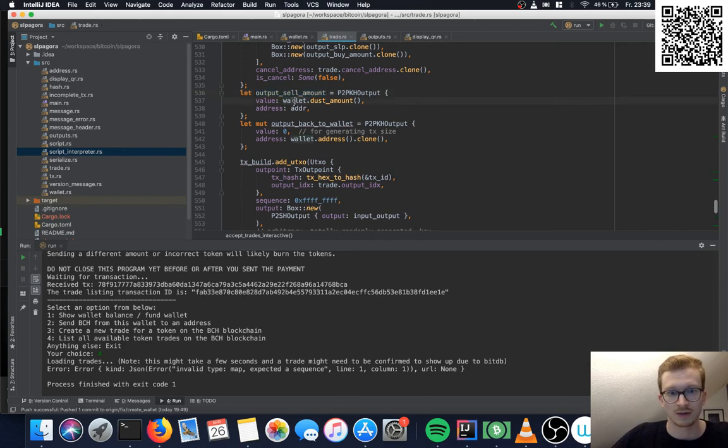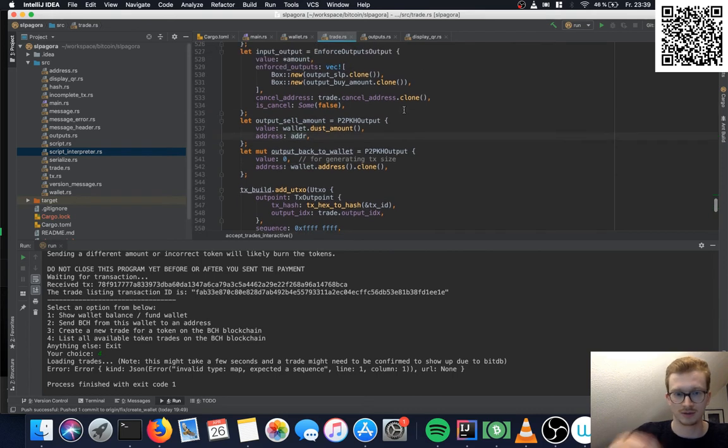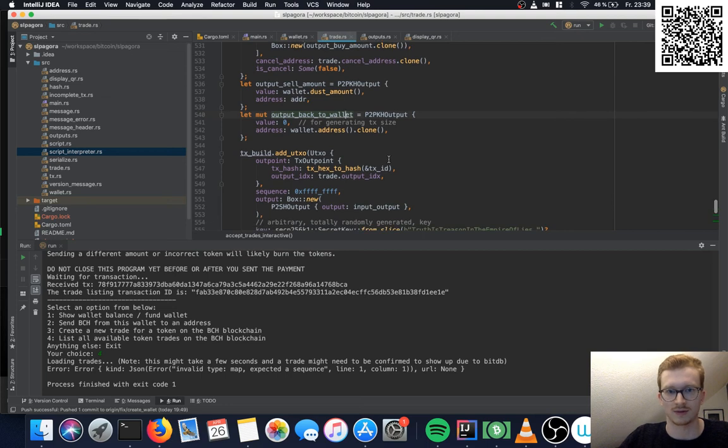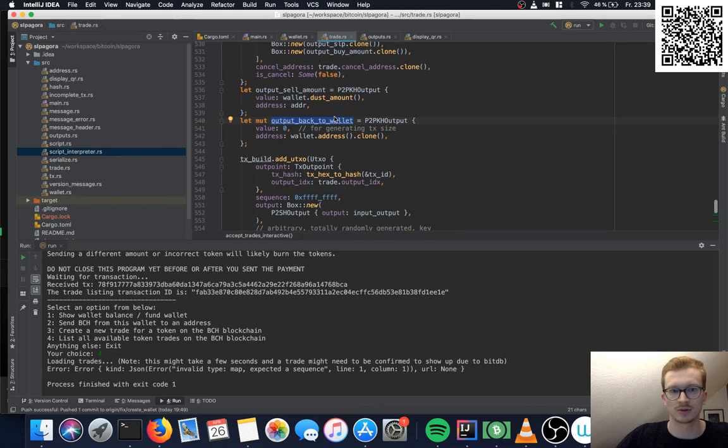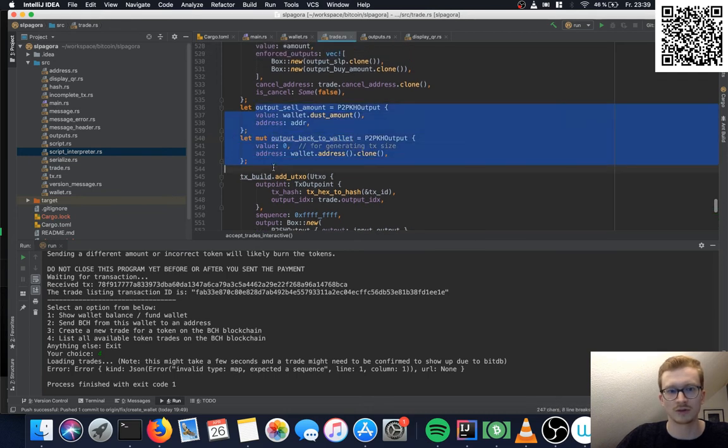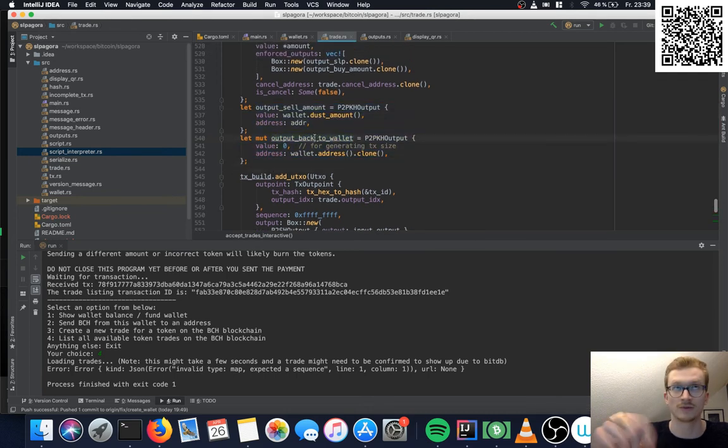This address will be entered by the user, and it says, send me the tokens I just bought to this address. The fourth output, so these two aren't enforced. The fourth output, the fifth counting from 0, is the output back to wallet.